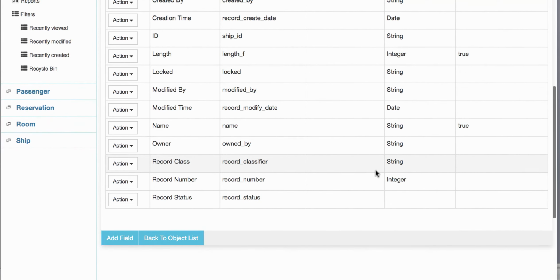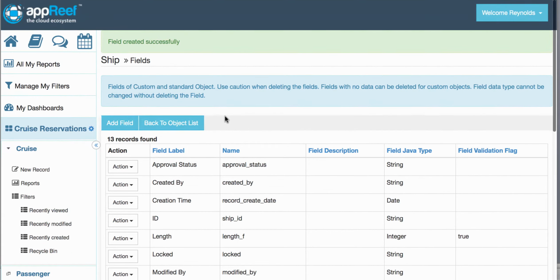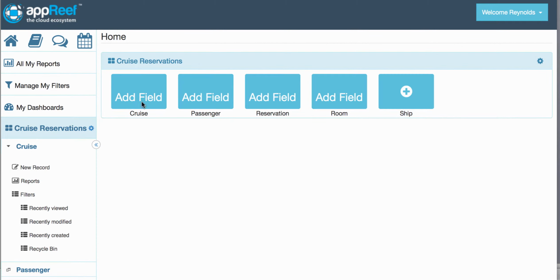Now you can see that field that we added just now is created here, length. Now if you go back to the application again, you will see it no longer shows add new field because the minimum number of fields has already been added. Let's go ahead and complete the ship object and create all the fields necessary for the creation of a ship